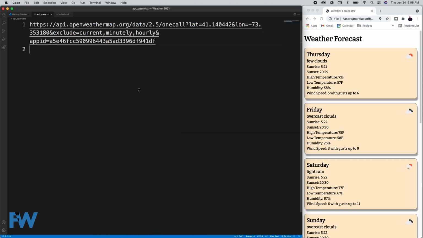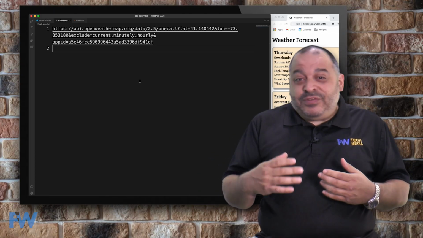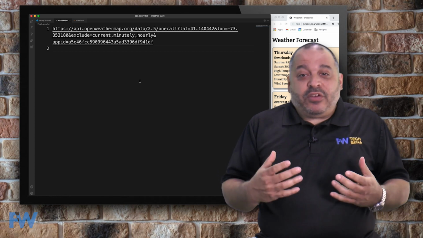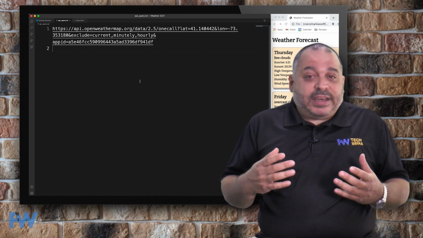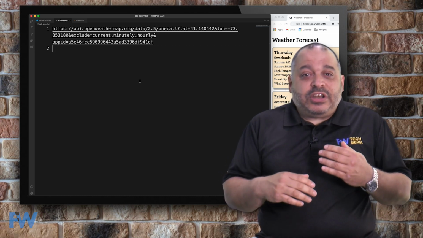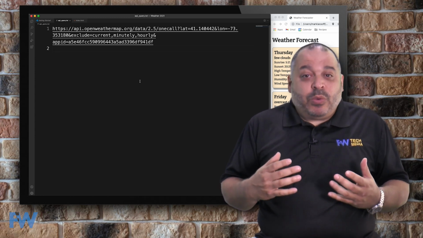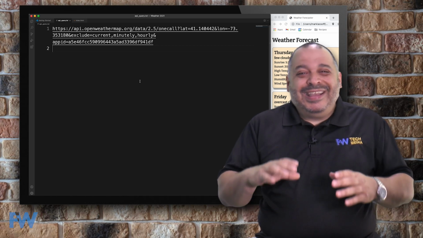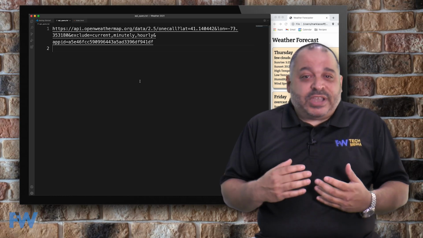So you'll notice here that the URL goes to api.openweathermap.org. That's the API that we're using. It's a great API because they have a free tier that gives you quite a lot. You can get your own account at openweathermap.org, and you can use the API just by signing up. So before you build this application yourself, you're going to need to do exactly that, because you're going to need your own API code. The code that you see here in my URL is not going to be working anymore, and frankly, I don't want you using it. So you'll go ahead to this website and obtain your own API code, and you get that through signing up.